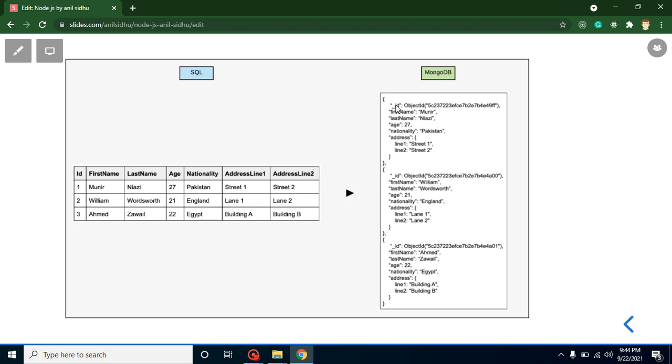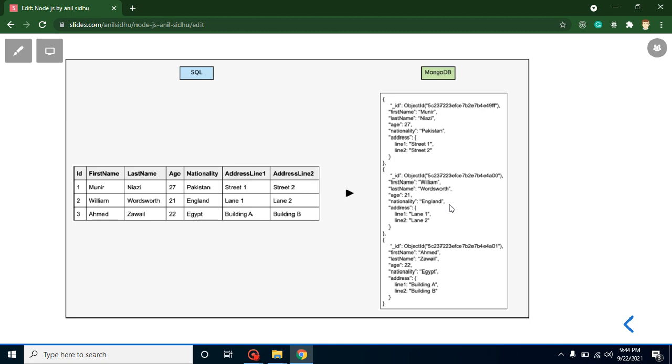But in MongoDB, data is in object form. Sometimes maybe we don't have the address, nationality, age or first name, and maybe in the second data we have some extra keys like email, phone number and ID number.